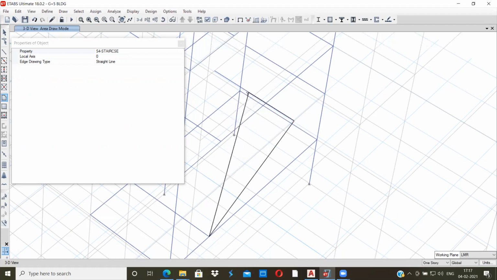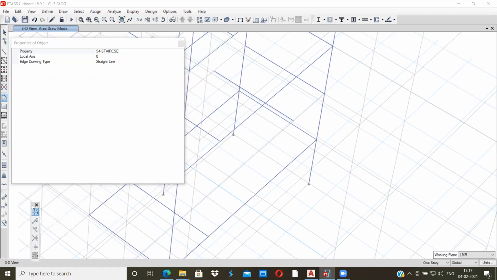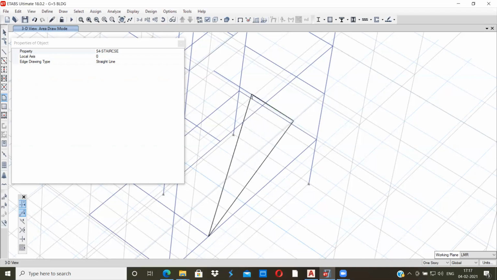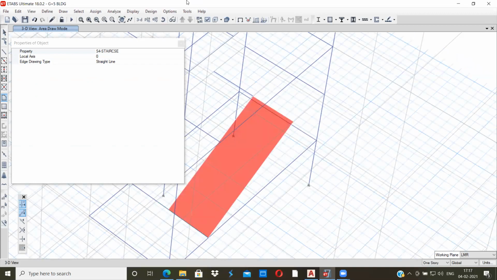If you are not getting the midpoint, if the midpoint is not clearly defined here, what you can do is use this snap toolbar so that you can get the midpoint easily. Okay, so we have assigned the first flight. Now I will assign the landing also.